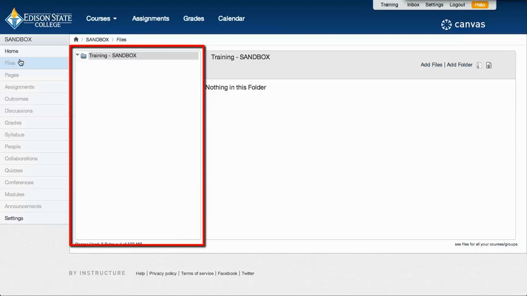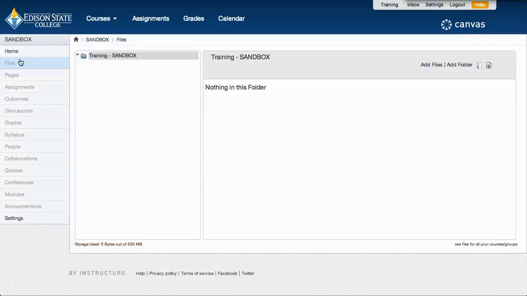The left column shows all the files that are in the course and allows you to choose where you want to add new items. You can click the arrow next to a folder to expand it and see the contents or subfolders. Currently, this main folder doesn't have anything in it. I'm going to add a new folder and put it into the main course folder. To do this, I'll select the main course folder,